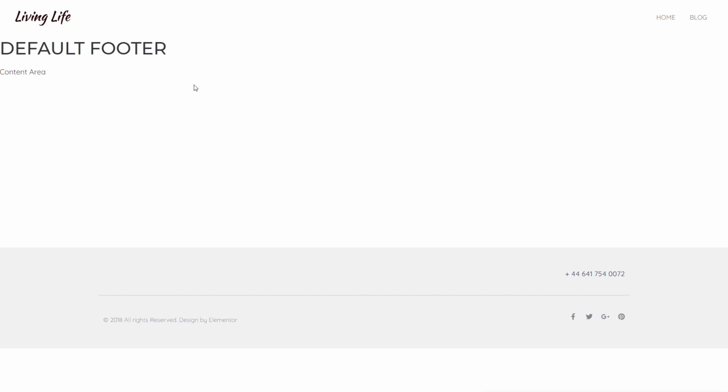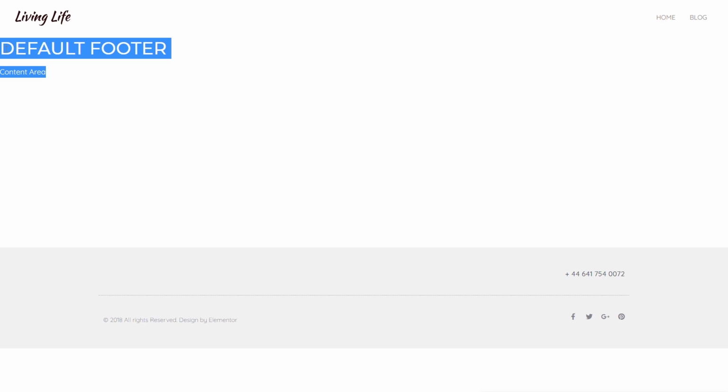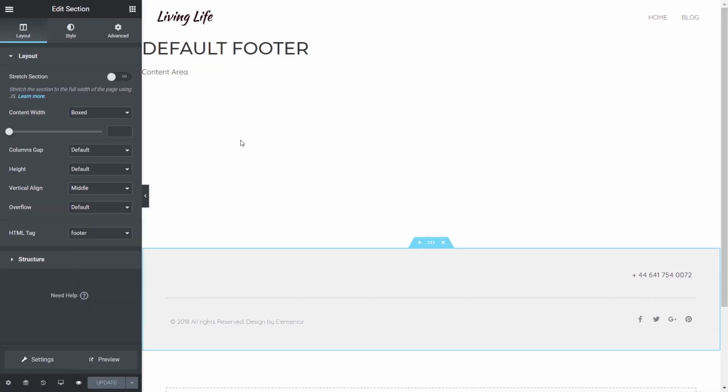So now we've seen that, there's a couple of things I want to rectify on here. We can ignore this default footer and content area. Those are basically going to be ignored later on anyway. They're just sort of placeholders just to say that this is the content area. Let's close this down, come back in, and what we're going to do is, while we're currently editing the footer,